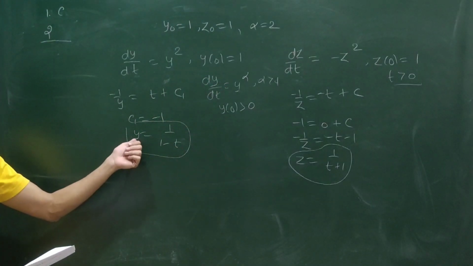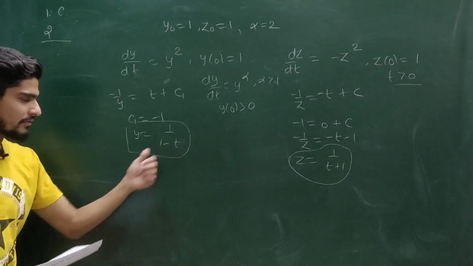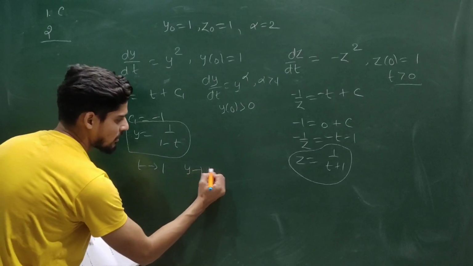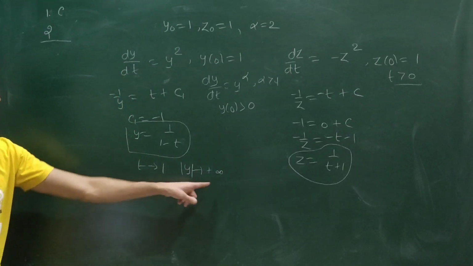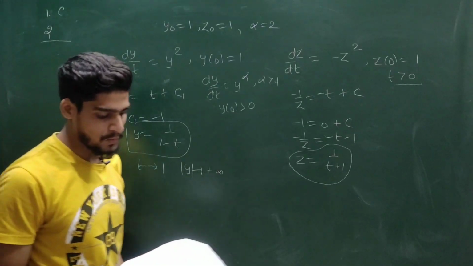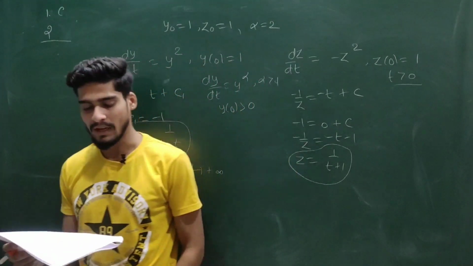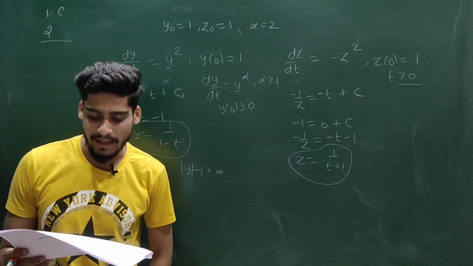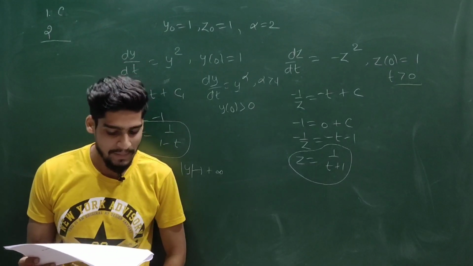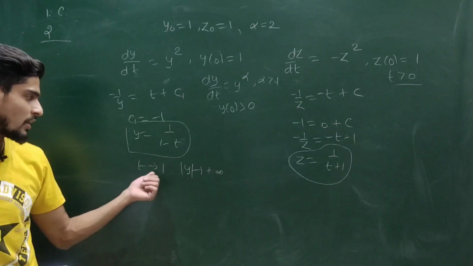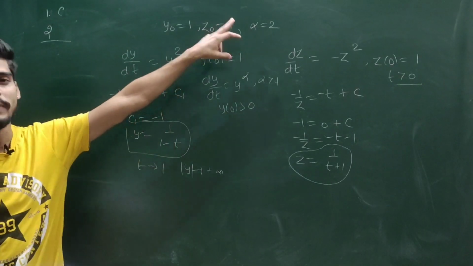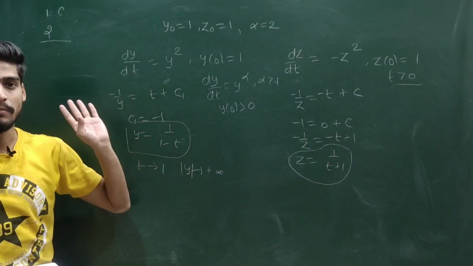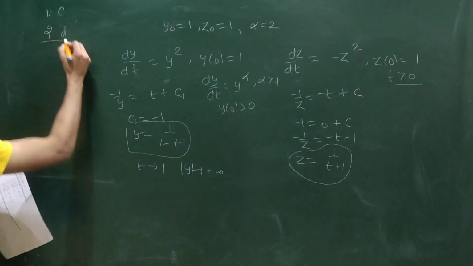So you are facing that the solution does not exist globally, but here you have one thing. As t approaches 1, your y will approach plus infinity, or you say mod y will approach plus infinity. So if you observe option D, there exists a global solution for double star, which exists according to our convenience, and there exists a positive T such that the limit as t tends to capital T of mod of y(t) tends to plus infinity. For this problem, you have this. If you change your alpha to be arbitrary, then your T may change, but this T will be finite because your alpha is a finite fixed number bigger than 1. So option D is most appropriate.